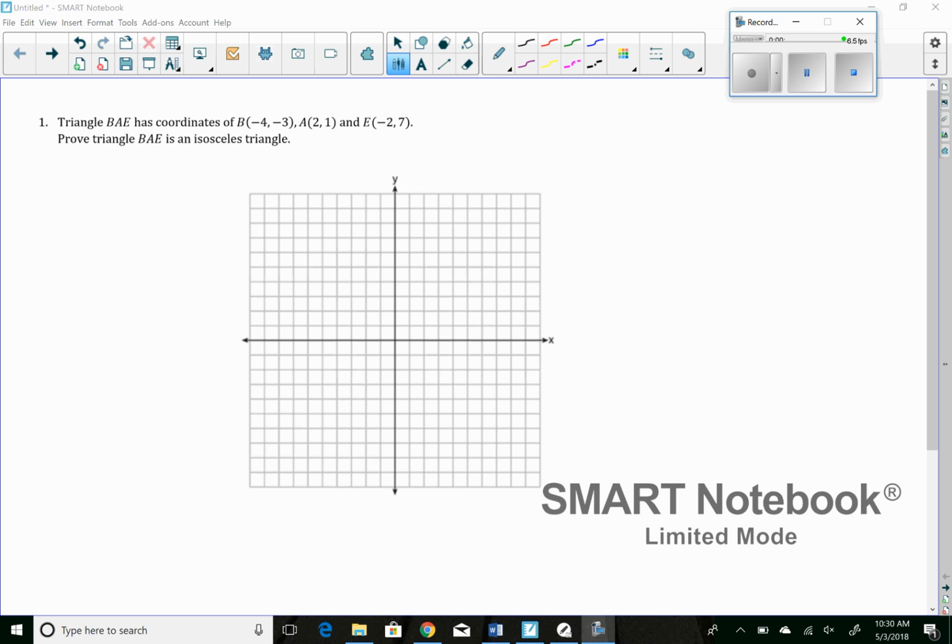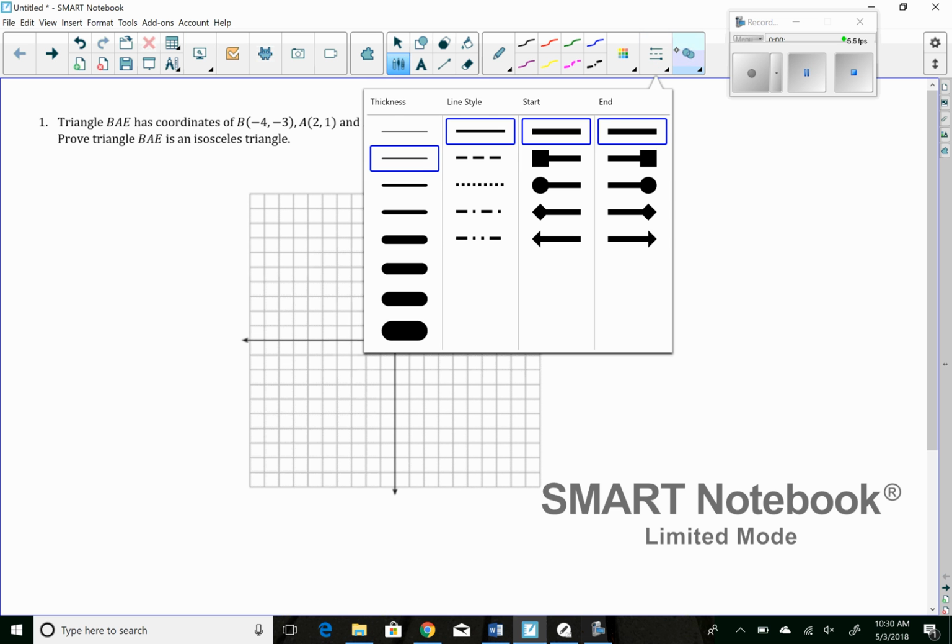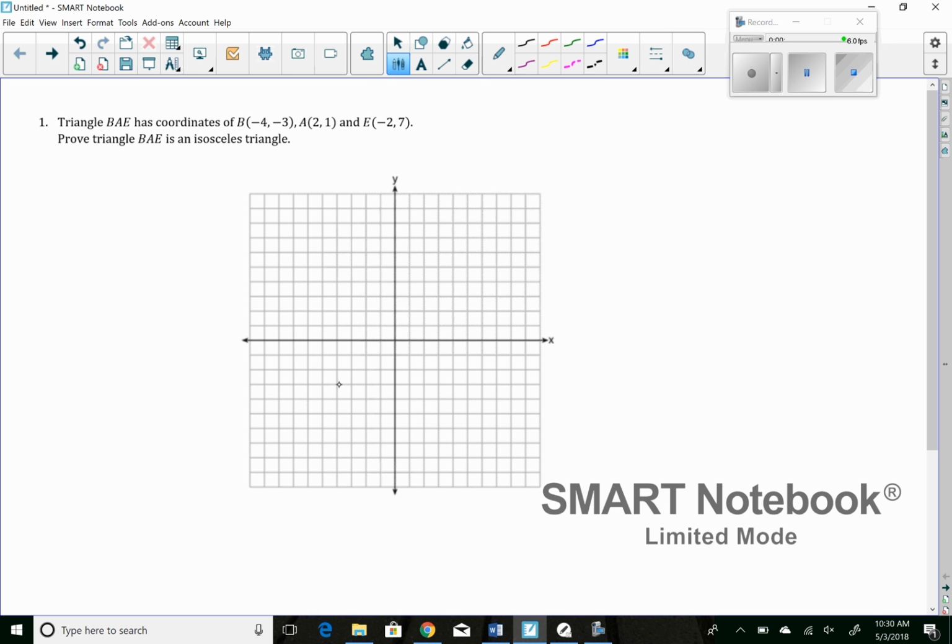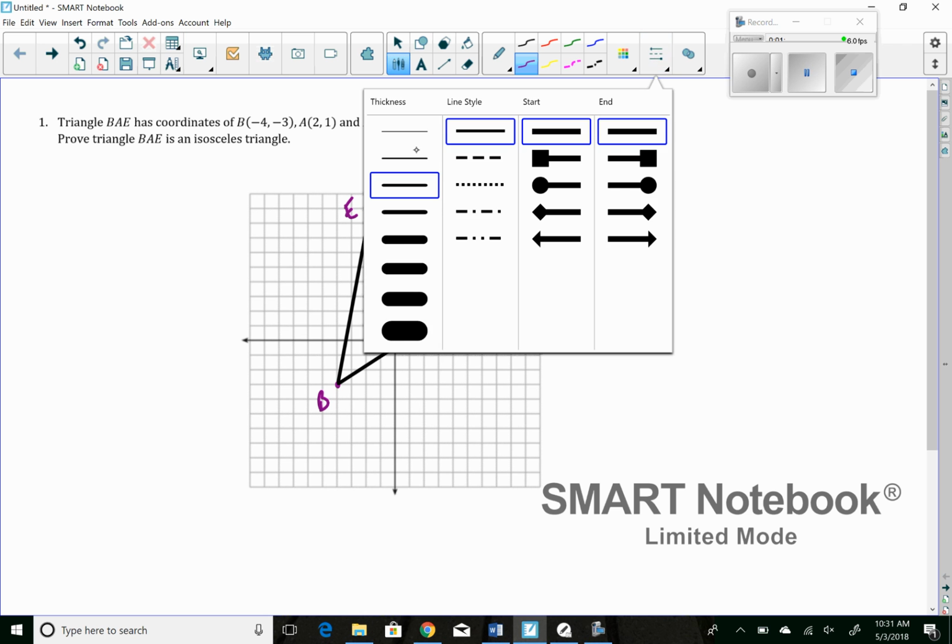So for the first question, it gives us triangle ABE, and it gives you the coordinates -4, -3, and 2, 1, and -2, 7. Remember, always try and use a straight edge whenever you can, the edge of a notebook, the edge of a pen, something like that. Now, the first thing we have to do in all of these coordinate proofs is make